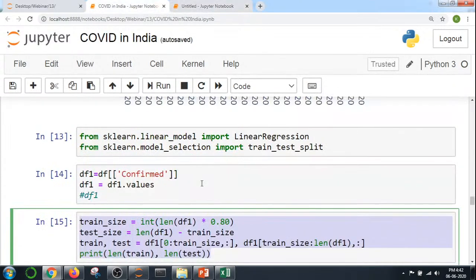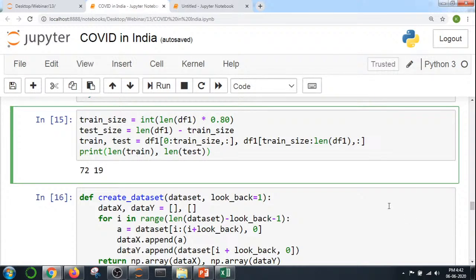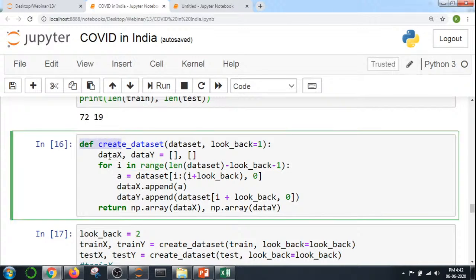So you can see here, after that I am using train and test splitting. I will show the backup code to you. The same thing I am passing, I am getting 72 90. Next I am creating one function. In that function I am creating data x and data y, that is train data and test data. I am using a lookback method. Lookback method is nothing but